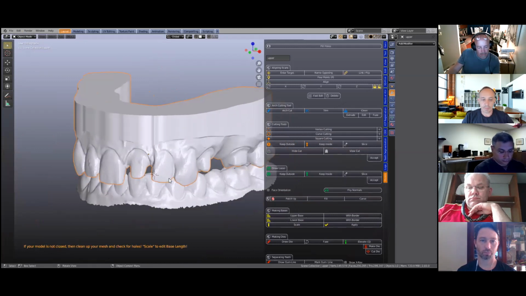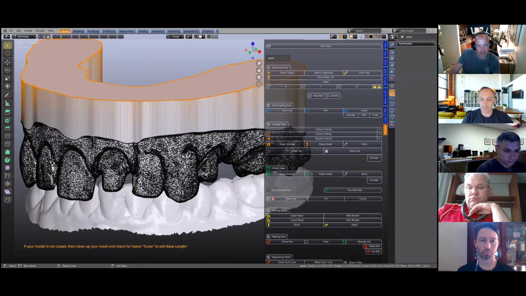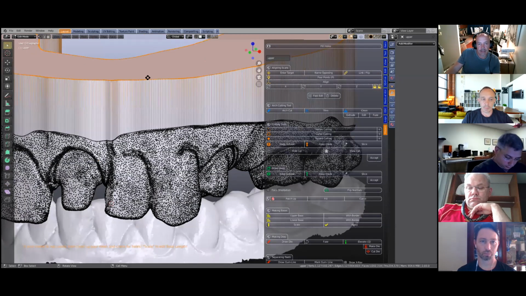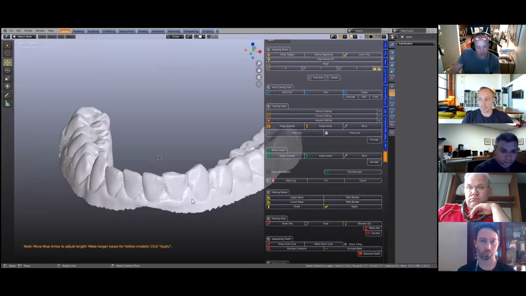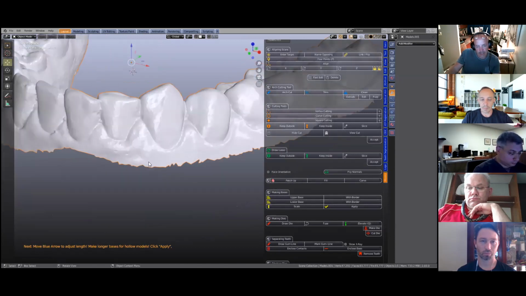And then you can inspect the base in edit mode to make sure that nothing is overlapping. And when you're confident with that, we can scale this base up and down. All right. So if you're in a situation where your mesh needs to be trimmed, we're going to select it,